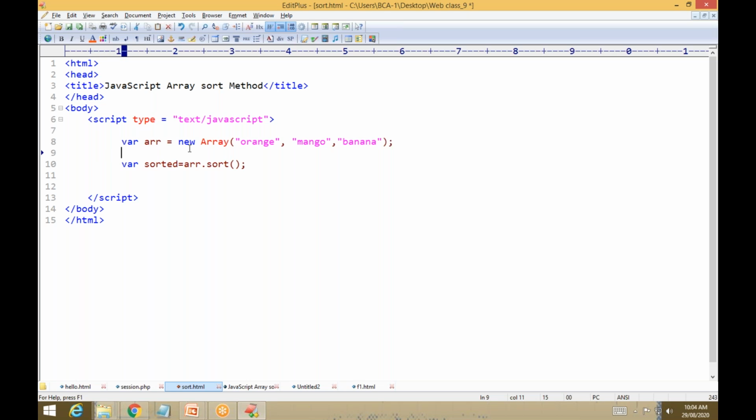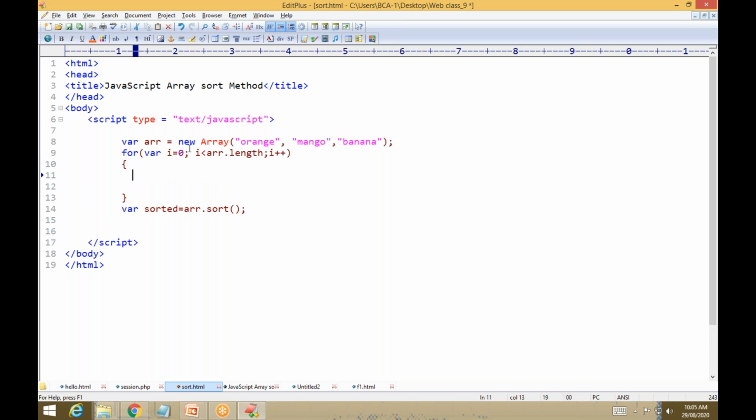For i equal to 0, because the index starts from 0, semicolon, i is less than the array name dot length, which finds the length of your array, semicolon, i plus plus, which increments by 1.